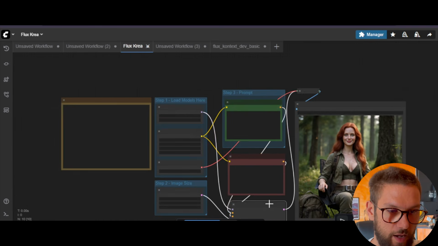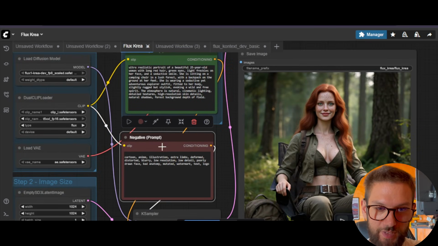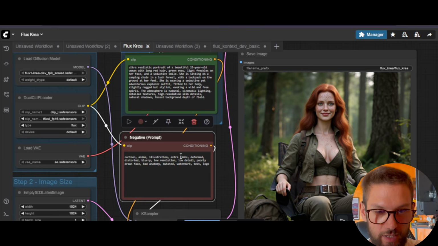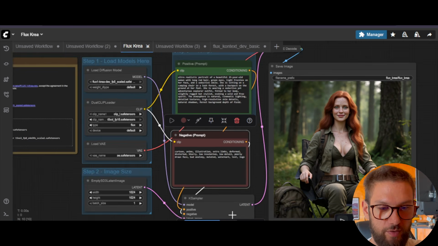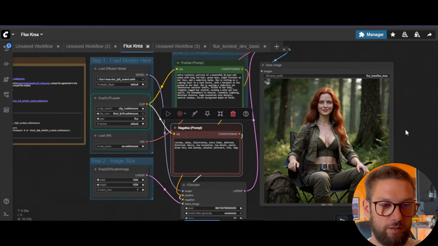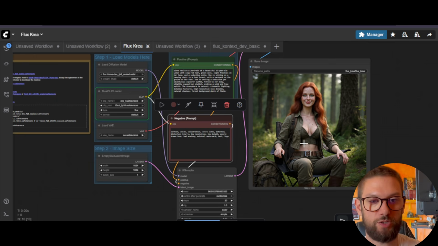So now I have added a negative prompt text, so I can add the negative, so everything I don't want. I don't want a cartoon, I don't want an anime, I don't want extra limbs, deformed or distorted, blurry, low resolution, and so on. And if I click run, it will